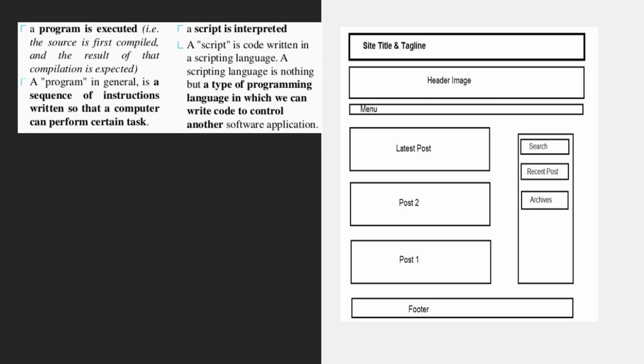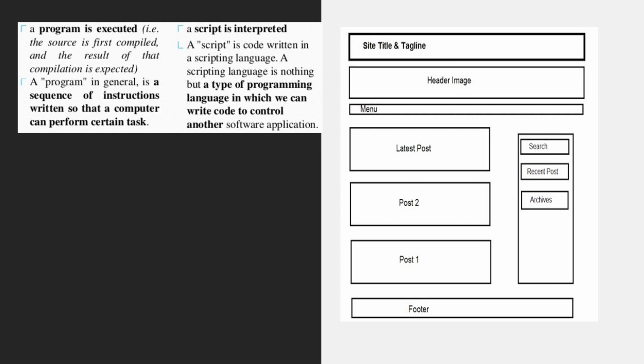Scripting language is also a set of instructions which will tell the computer what task it has to do. Then what is the difference? See, scripting language is also a programming language. It is a type of programming language, or in other words, a subcategory of programming language.